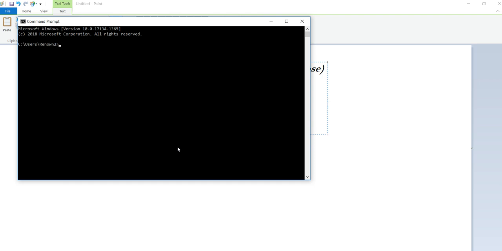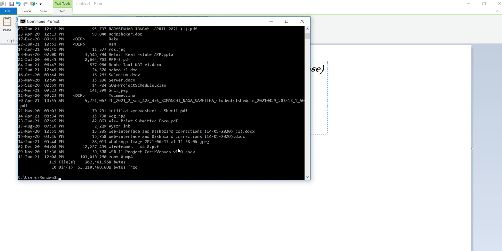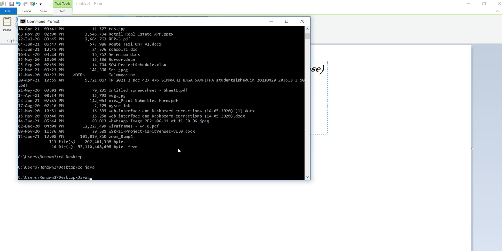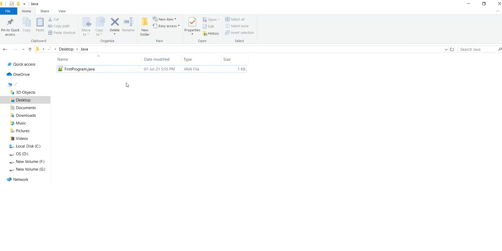Our program is on the desktop, so I'll change directory: cd desktop. Now we are in the desktop, where I have a folder called Java.